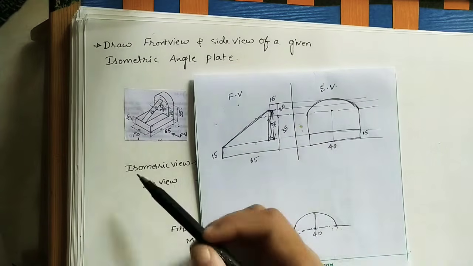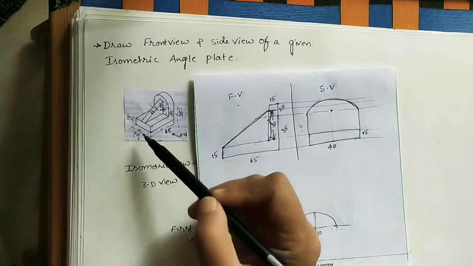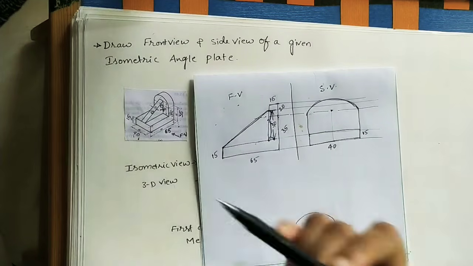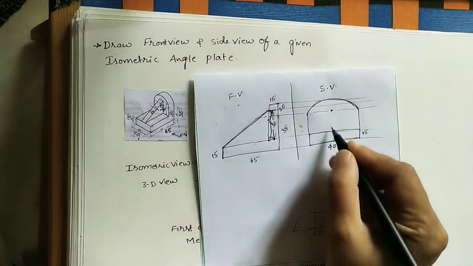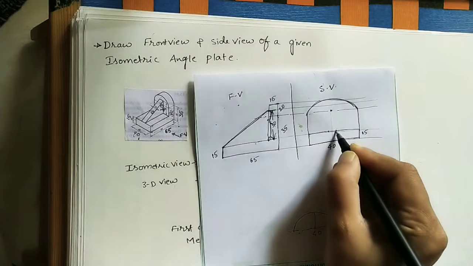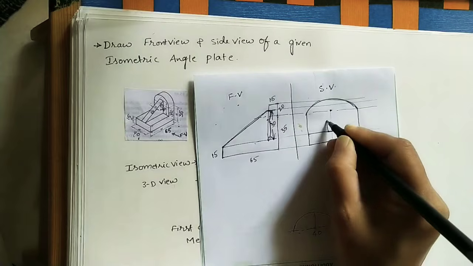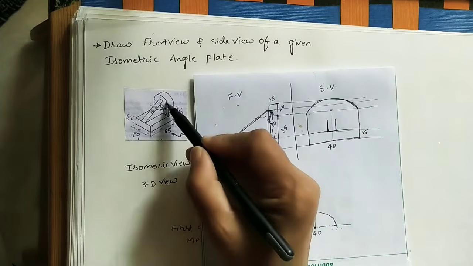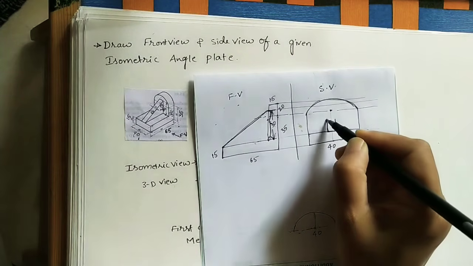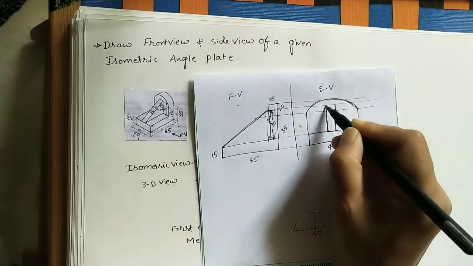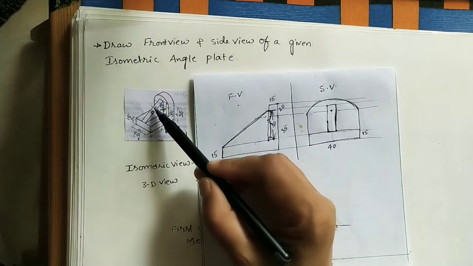After getting the semicircle, from the side view we can see this thickness also. How much thickness is it? 10 mm. This thickness is at the middle of 40. At the middle of 40, take a thickness of 10 mm. So this is the middle point, as I just told. Take this side 5 mm and this side 5 mm, total 10 mm. We can see this 10 mm vertical height like this. So how much length is it? 30 mm. We already took 30 mm height here, and already took the projector line up to this line. We have to take this vertical box. In the side view, we can see this slope line as a vertical line of thickness 10 mm.